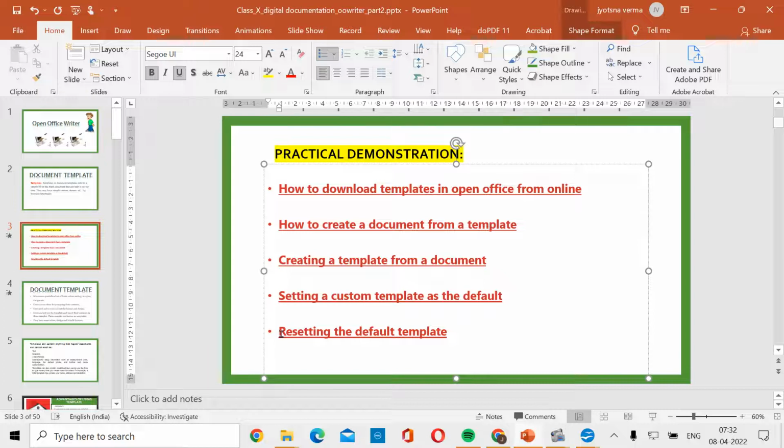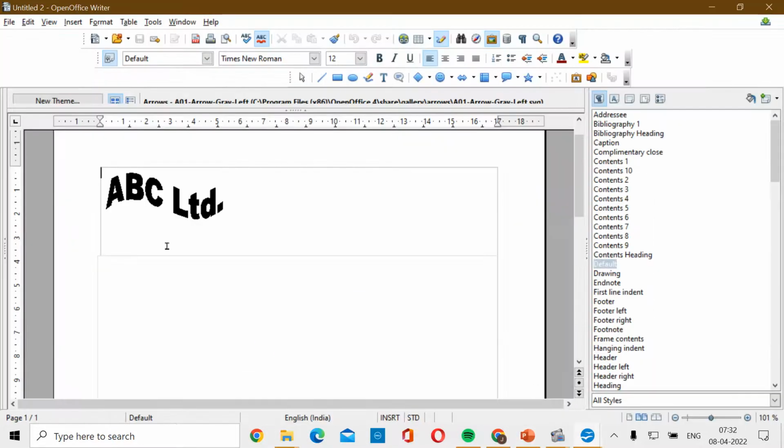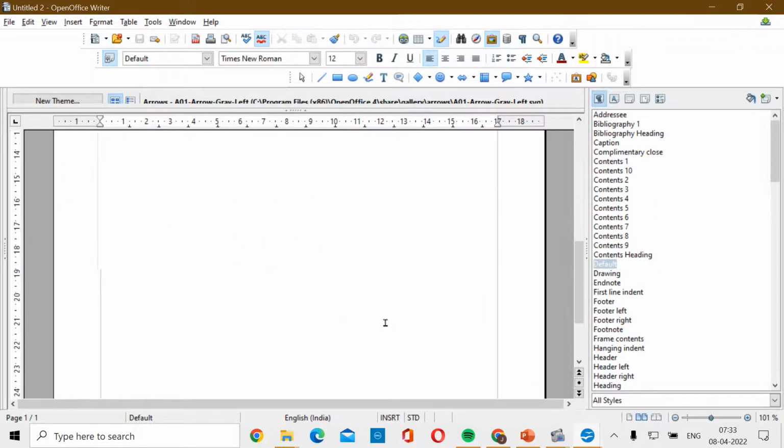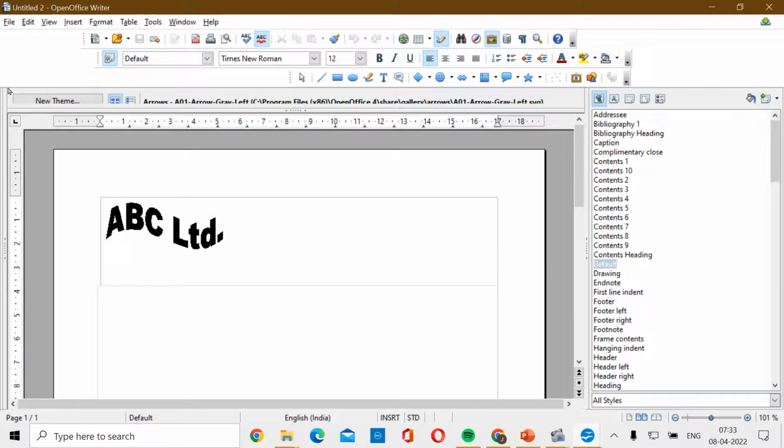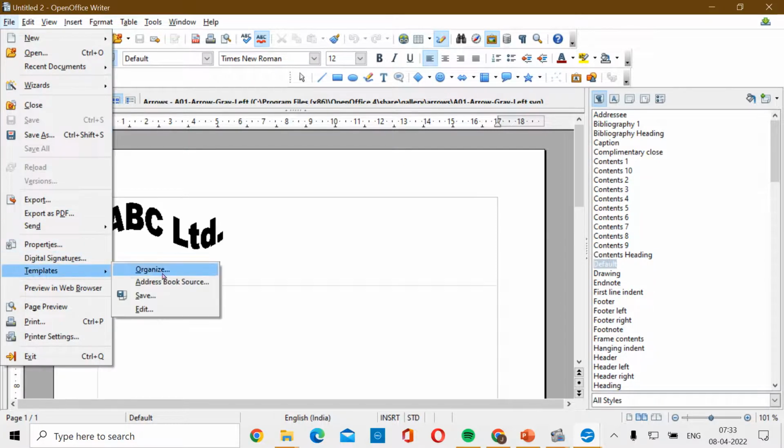Now we are on the last topic of this session, how can we set things back to the default one. I want to reset the default template. It means I don't want the template to always come like this as a new file. I want a blank file. So again the method is, go to File, click on Templates, go to Organize.